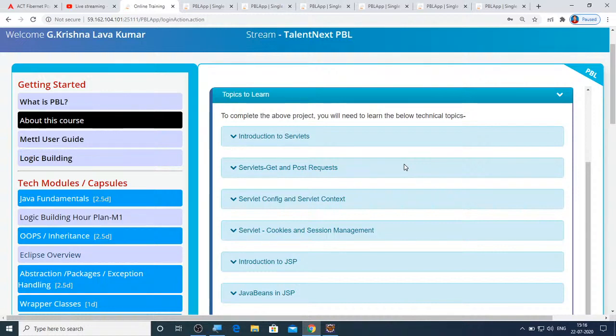That means the page is not readily available. It is created only when the request comes from the client, and then it gets filled with the appropriate values.